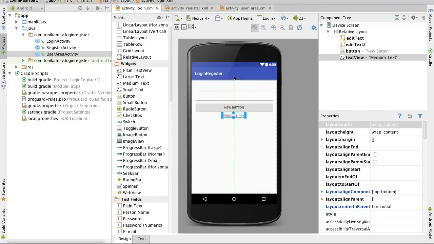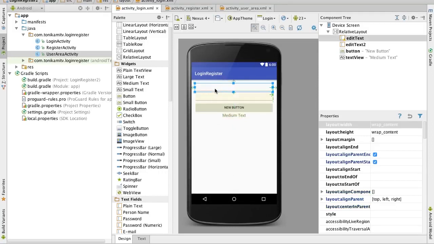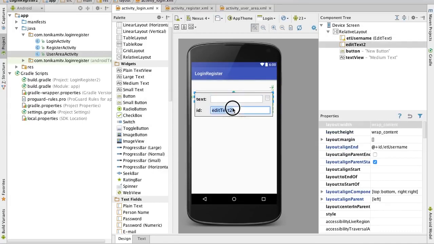This will act as a link to the register page. So first let's name each of them. I'll name the first one username. This is also to refer to them back later in the Java file. Name the second one password,